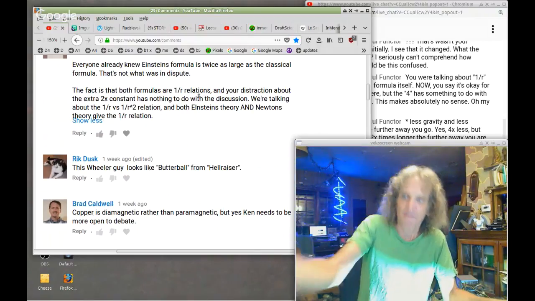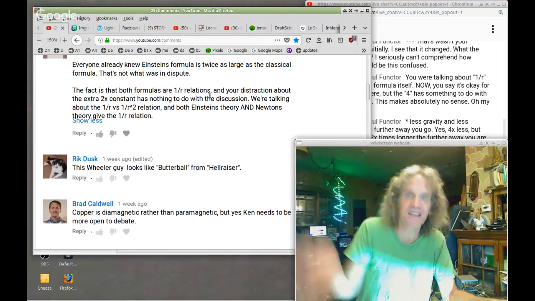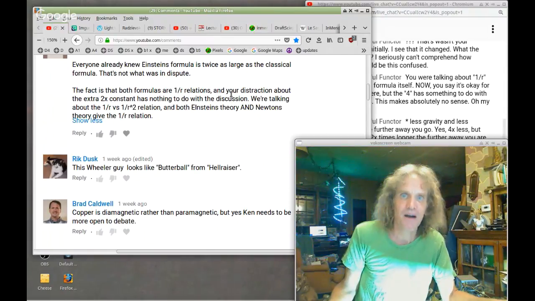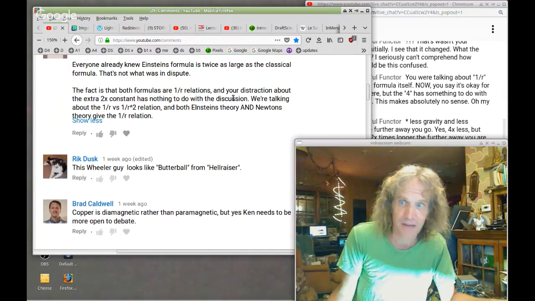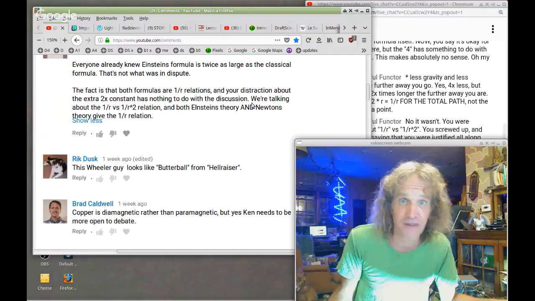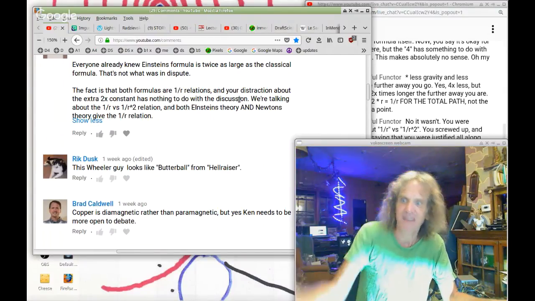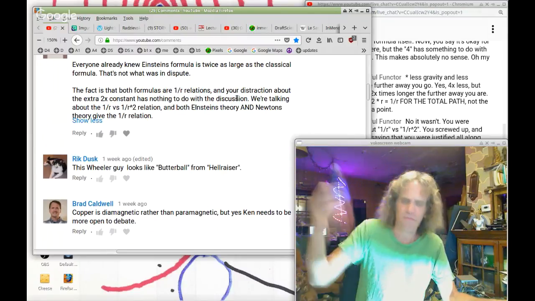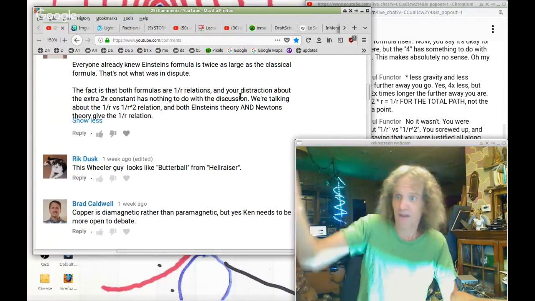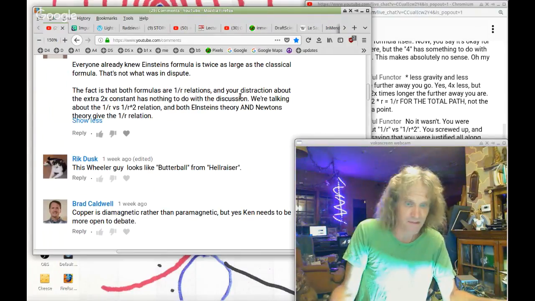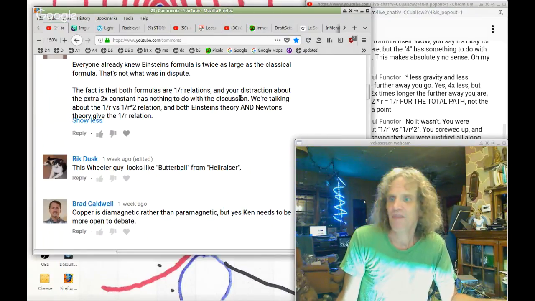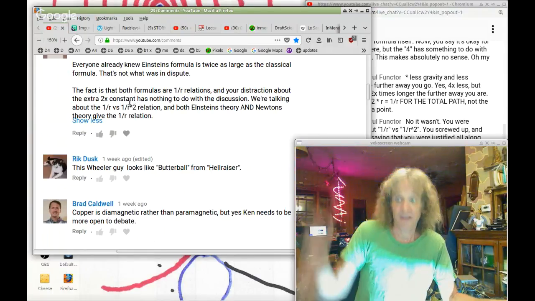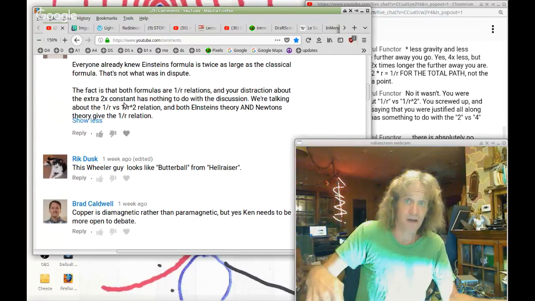They're not the same formula. The 1/r, clearly they're different formulas. That's why they come up with a completely different number, in the sense that one number's twice as big as the other number. They're not a little bit different. They're substantially different numbers. How can you be so dishonest to imply that Newton's number is somehow the same as Einstein's number, derived on the same premise? They're not derived from the same premise, and they're not the same number. Amazing lies. And your distraction about the extra 2x constant, it's a distraction. Something's twice as much is a distraction.